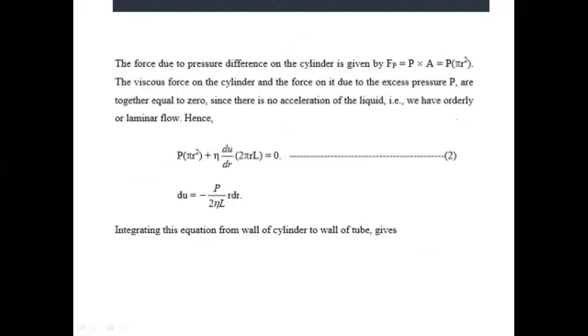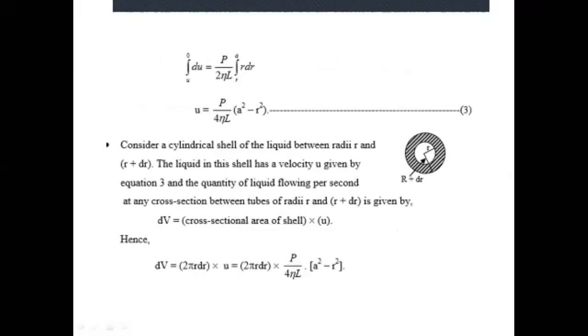Then another important formula, which you can see in equation number two, is the excess pressure. The force resulting from the excess pressure will be pressure multiplied by area. You can see the area being πr squared. So from there, when you sum up these two forces, they should be equal to 0. And then now,